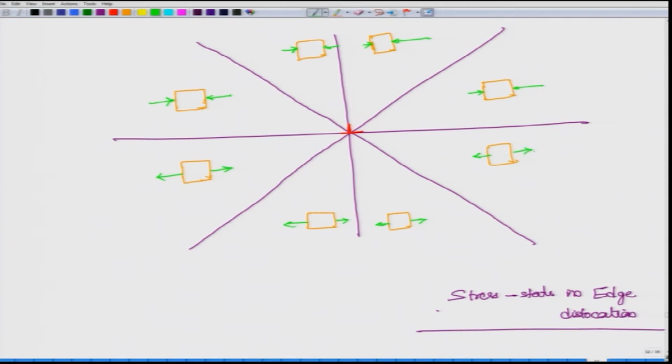What about the yy? We know that these two will be compressive, and if you remember we had one big lobe and 2 small lobes. So, over here we had compressive and over here also we had compressive. So, it will come out in the y direction like this. And here this is tensile, and these are the smaller parts of the lobes where it is again tensile. So, this will be like this.